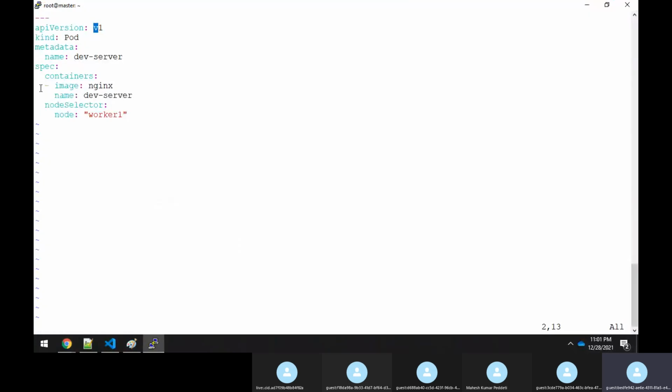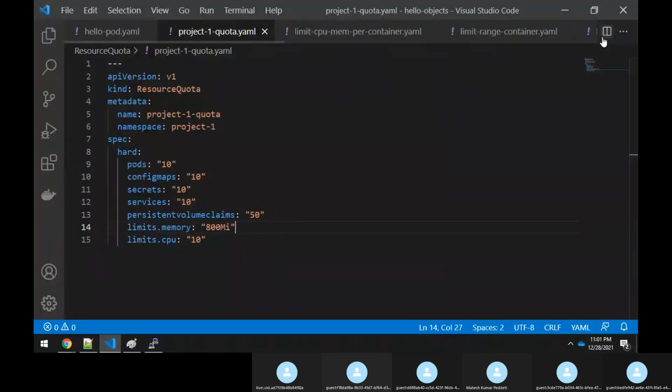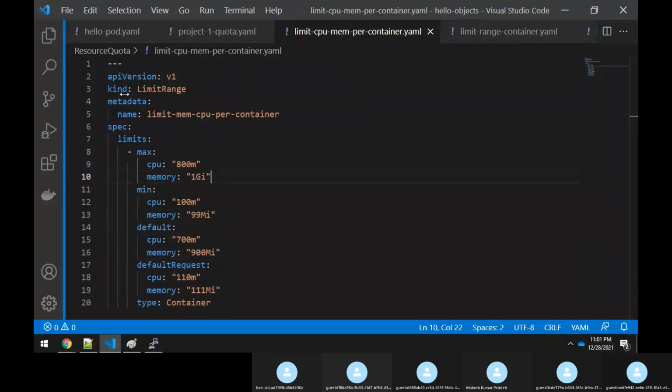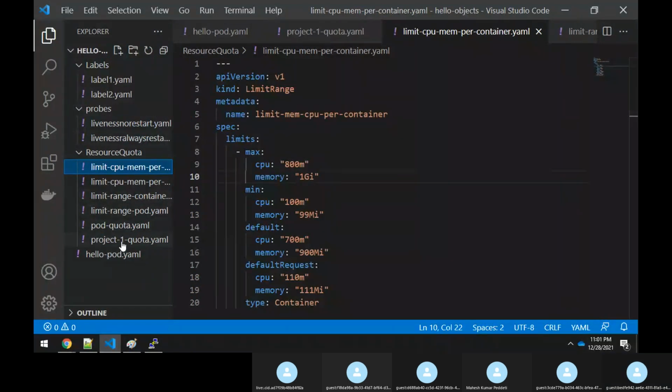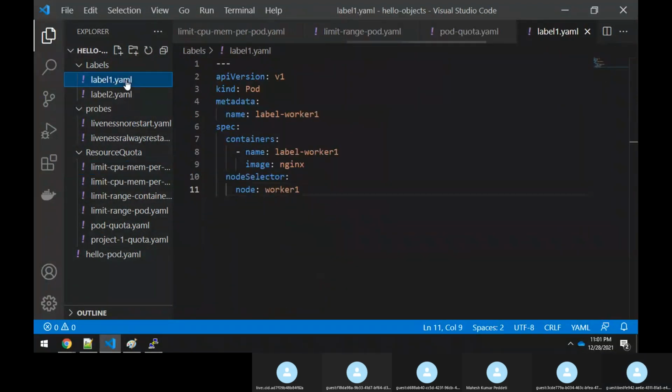Now you understood that whenever it's an array type, you can start from here, or you can give two spaces like this, and you have to start with the hyphen.